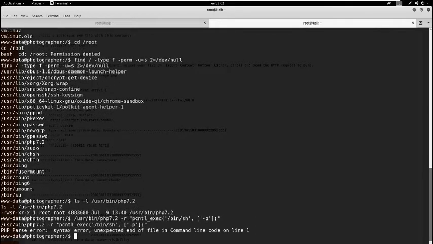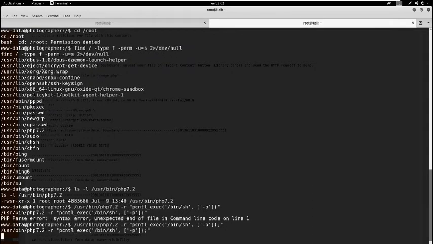Just a minute, there's an issue. Okay, I forgot the semicolon. So /usr/bin/php7.2 -r pcntl_exec /bin/sh, comma, and -p, square bracket closed and parenthesis closed, and now hit enter.